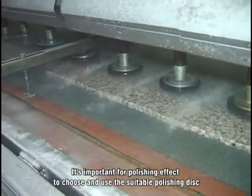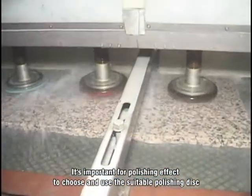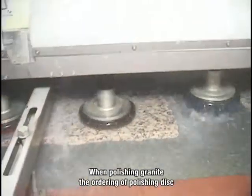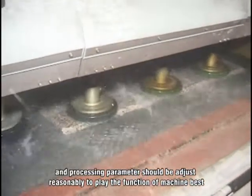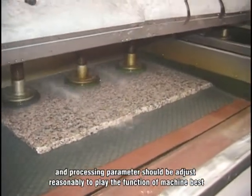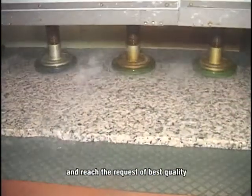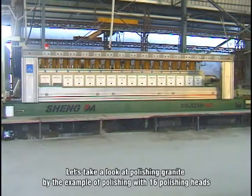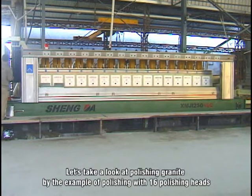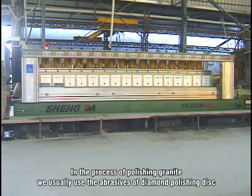It is important for polishing effect to choose and use a suitable polishing disc. When polishing granite, the ordering of polishing discs and processing parameters should be adjusted reasonably to bring out the machine's function best and reach the request of best quality. Let's take a look at polishing granite by the example of polishing with 16 polishing heads. In the process,